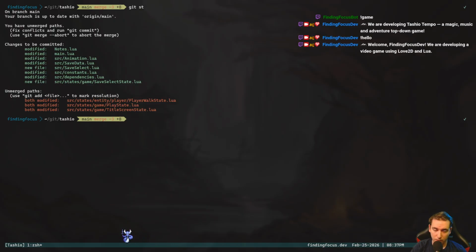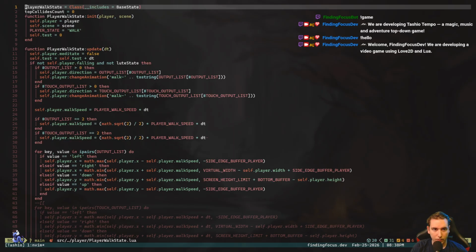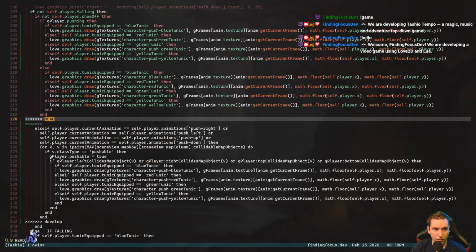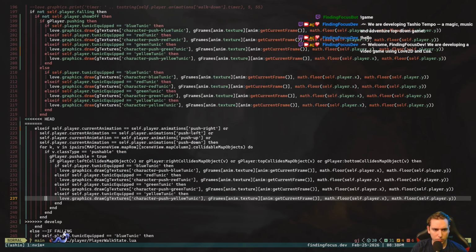It's looking right. Okay, so we gotta fix these merge conflicts. So let's look at our entity player walk state. Okay, so here we go. Here's the old one.